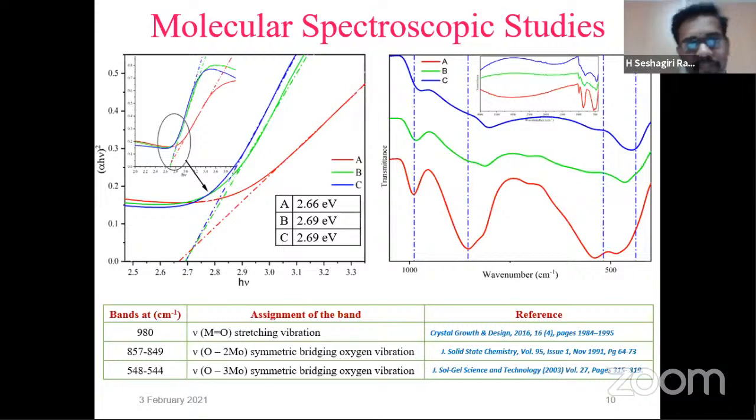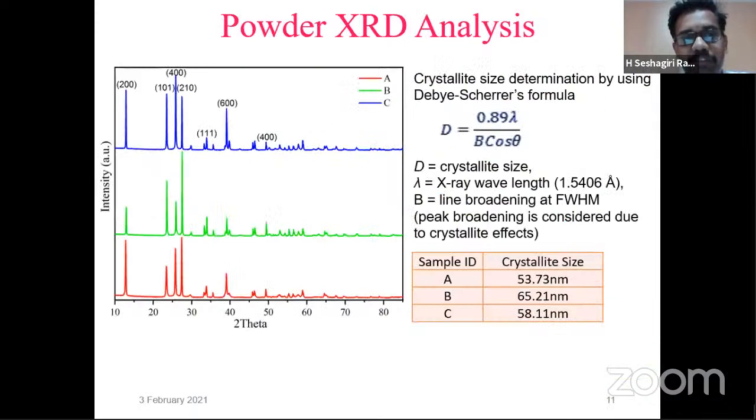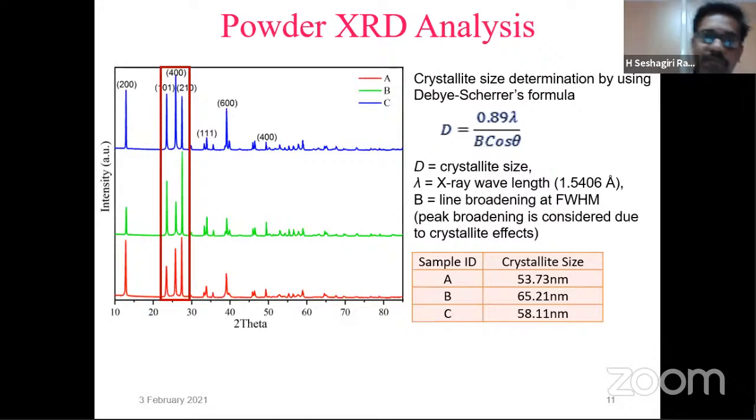And then here in the powder XRD pattern, we are clearly able to see that there is a change in the intensity of the X-ray peaks. That is here the 040 plane, which is indexed there. We can see that there is a change in the intensity when we compare with the other planes which are indexed here. And then we are able to show that this particular plane is more prominent in that particular compound, meaning the growth in that particular direction has occurred when we compare with the other planes. This we claim here with the coming catalytic activity.